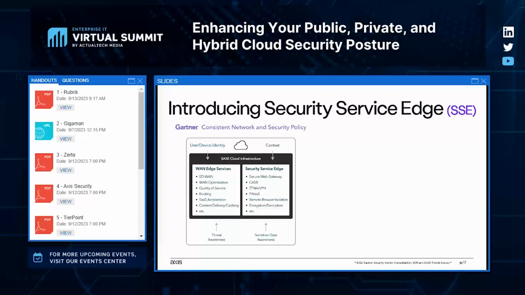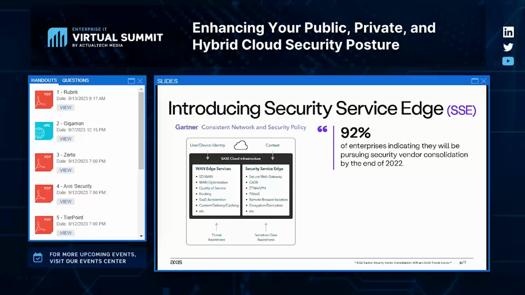On one side, you have WAN edge services. This could include SD-WAN, WAN optimization, and SaaS acceleration. On the other side, security services like CASB, ZTNA, DLP, and Firewall as a Service. Statistics are now showing that IT and security teams are turning to both SASE and SSE to simplify their network and security stacks through vendor consolidation.